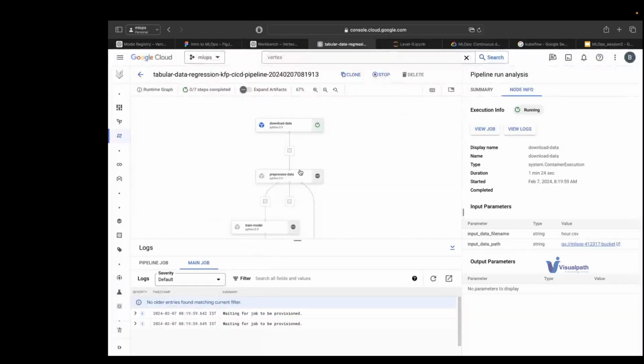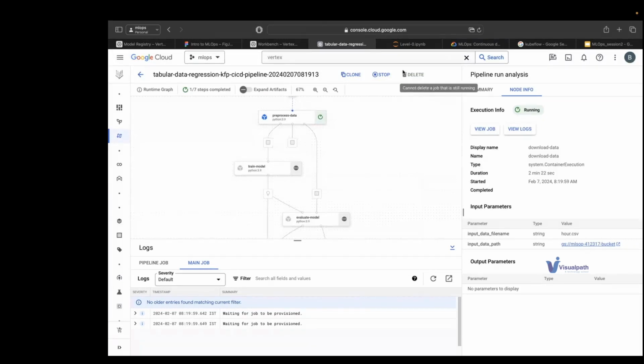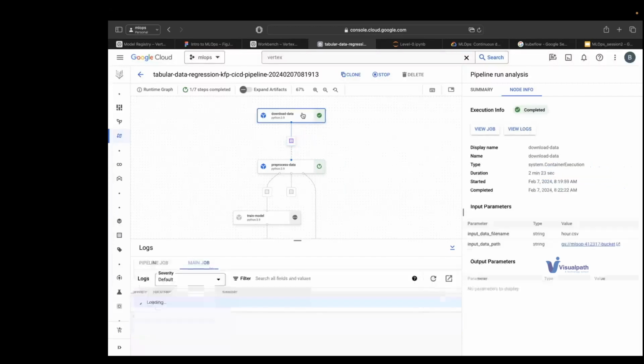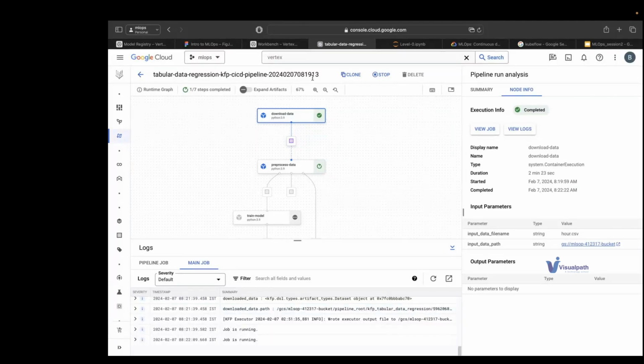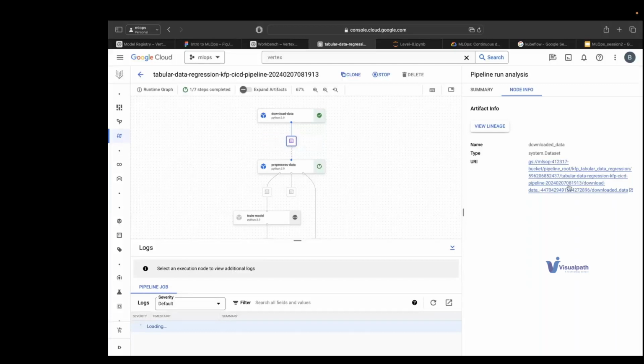Once you have understood the code, you will have to work on this and create your own pipeline. So trust me, within a few sessions, I think 2 or 3 sessions maximum, you will have your own pipeline like this, and you can customize it with your own data set, with your own things. So this got completed. And as you see, there is a downloaded data set. This component task was to download the data from the internet, package it into a system data set of Kubeflow, and put it into a bucket. That was the job of this particular component.